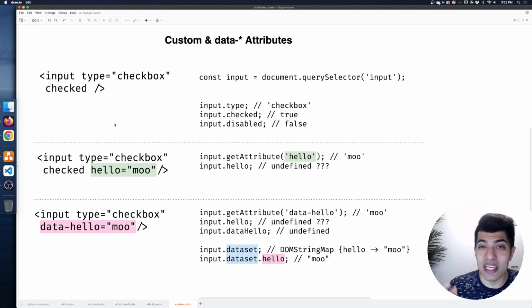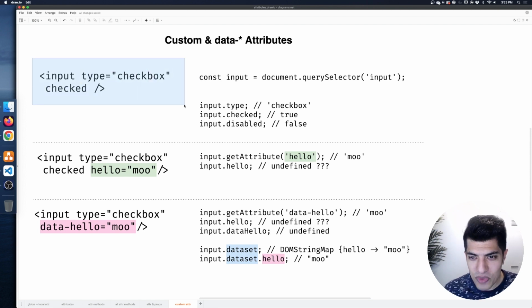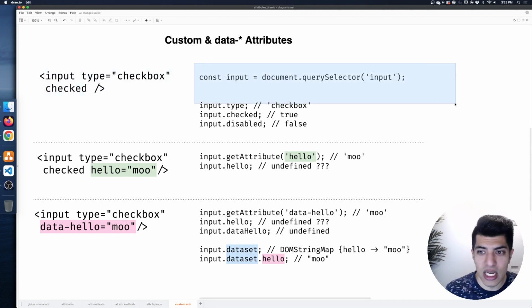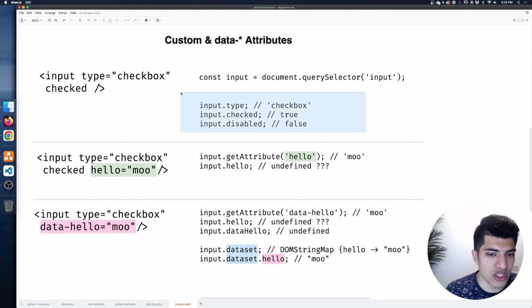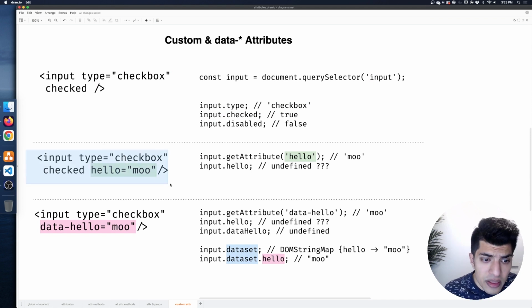Could we do that, right? And you saw that we can. The browser is not going to yell at us for adding our own custom property. So check this out. Let's say that we have our input over here, and we can grab it in the actual DOM. And as you would imagine, if we do these here, we would get the expected outputs based on the properties. Now, if we change the input tag and now add our own property,